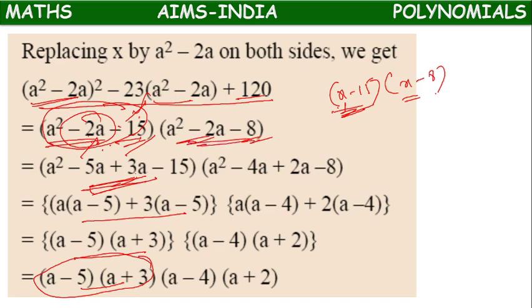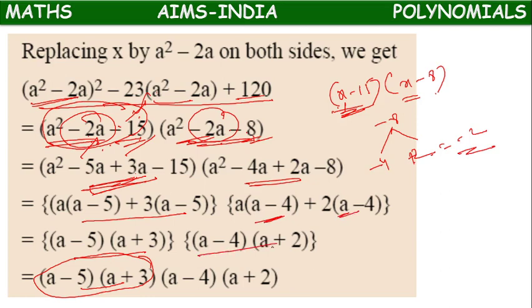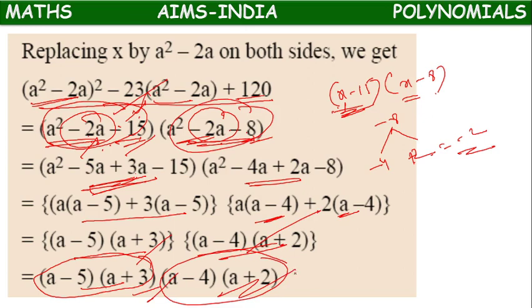Now again here, the product constant is minus 8. We can write 4 into 2. We need minus 2, which means minus 4 plus 2 equals minus 2. So this middle term is again split into two terms, common is taken, and again two factors come. For the first factor, two factors will come, and for the second factor, two factors will come. So in total we will get 4 factors as the answer.